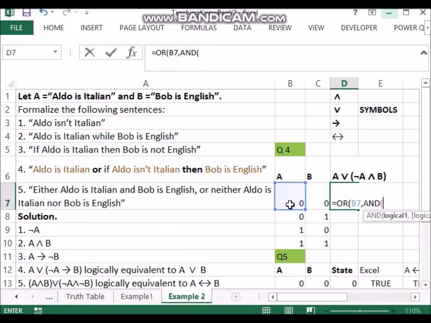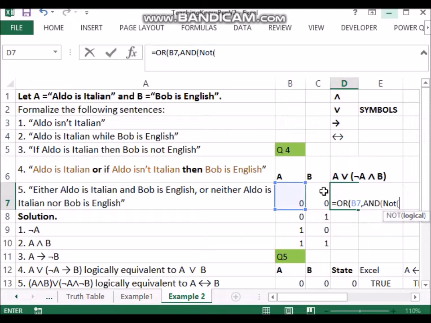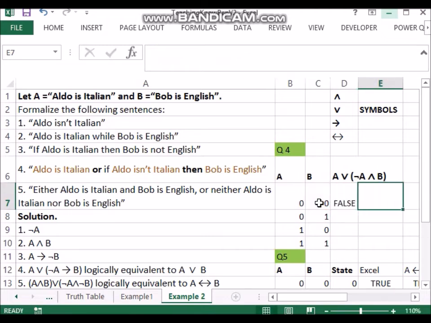And if you notice, the first argument around the AND is not A. So not A, how do we say in Excel? We will use the function NOT, and again select A, comma, we will select B. So we have to close the AND and we have to close the OR,